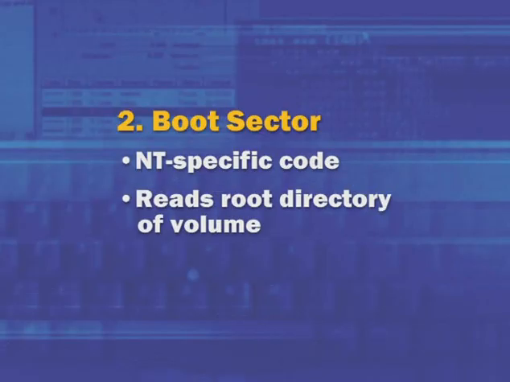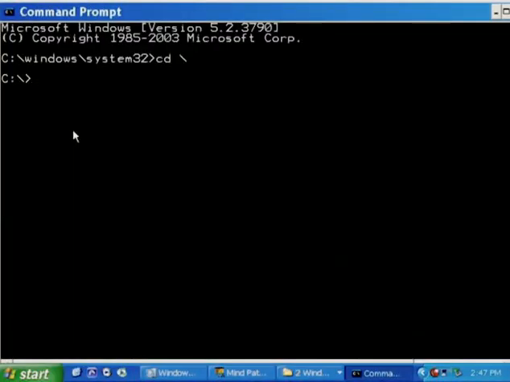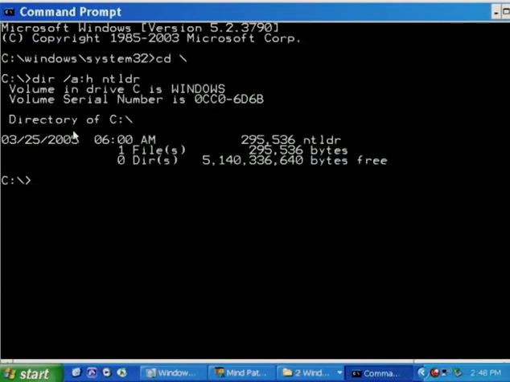It's a primitive file system in that it's read-only, and it only understands enough to locate and read the root directory of the volume, and locate and load a single file into memory called the NT bootloader, NTLDR. Now we can see the NT bootloader, the file that's opened by the boot sector code. If we bring up a command prompt, go to the root of the system volume, which on this system also happens to be the boot volume because the Windows directory is there, and if I do a directory with the switch /A:/H for looking at hidden files, NTLDR, there's the NT bootloader that the boot sector is responsible to open and read into memory.